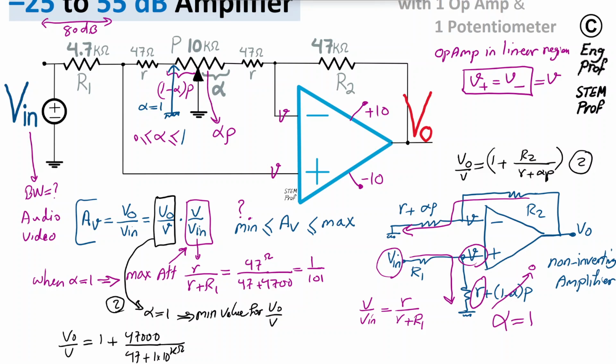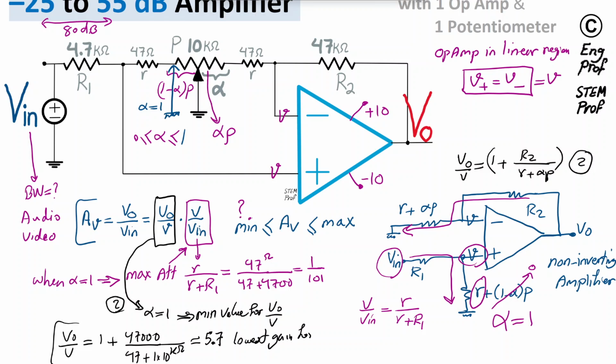Let's neglect 47 ohm compared with the 10K. So effectively, this is roughly on the order of 5.7, because this is 4.7 and we add 1, which is 5.7. So that's the minimum gain we get, the lowest gain